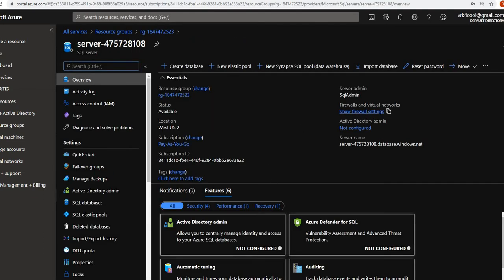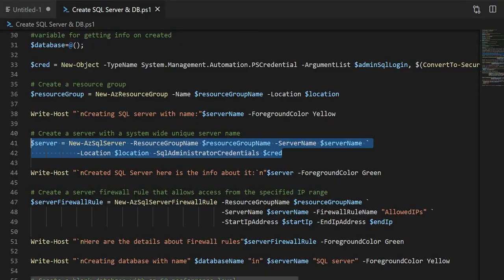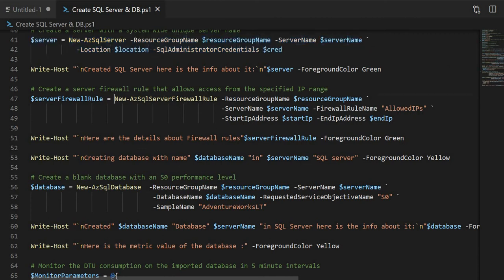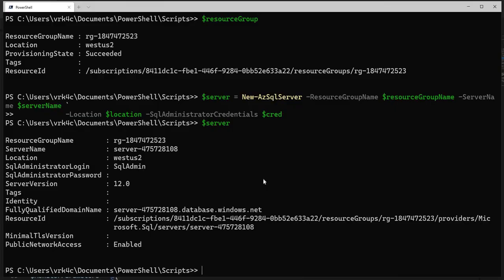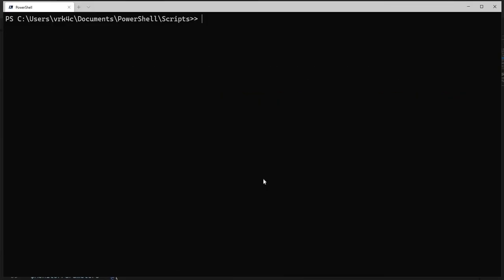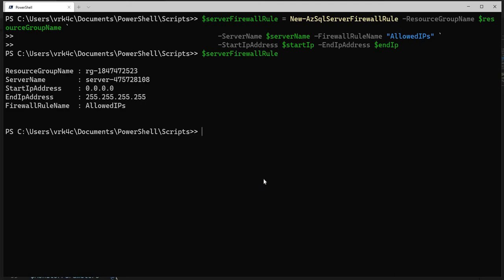So let's go ahead and create the firewall rules. We use the command New-AzSqlServerFirewallRule. I'm asking to allow all the IP addresses. So it will allow all the IP addresses.